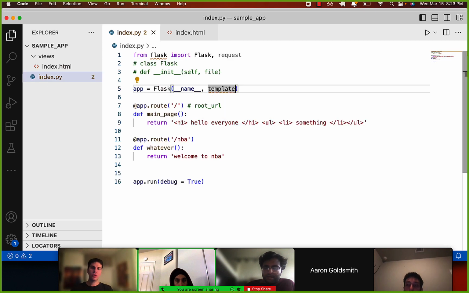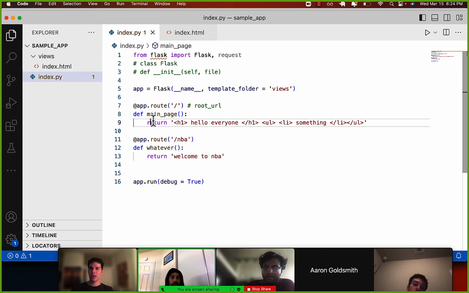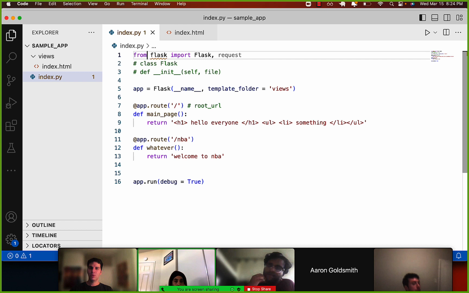First, we do this in the Flask app. When we're creating the Flask app, we can specify the template folder is /views. And let's look inside this folder, right? And inside this folder, then when you go to this route, instead of just displaying this text, let's import a function called render template,